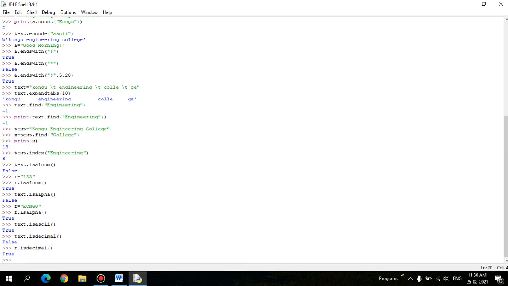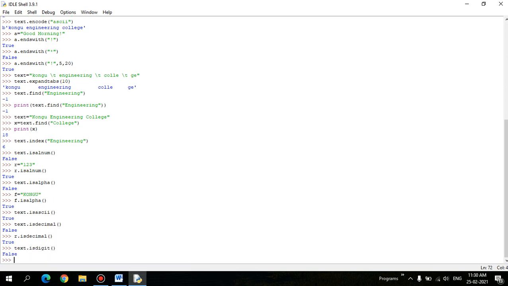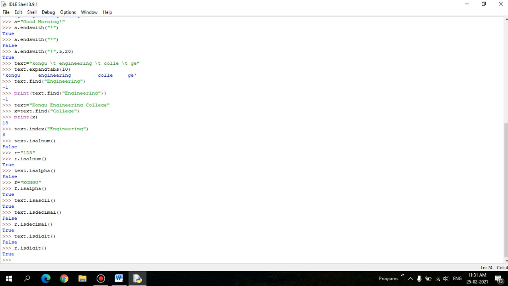Yes, it is true, right? Okay, then go for the next one. Text dot, or rather some digit, isdigit, right? So it will show false, whereas we can go for r string which returns true, right? isdigit. Yes, it returns true, right?